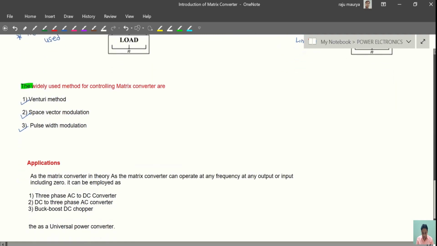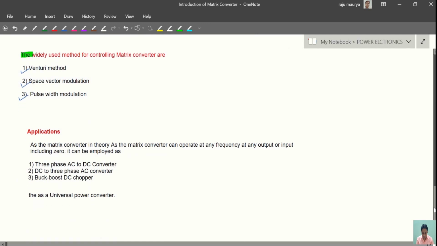And the application part: it can operate at any frequency and any output or input including 0, so it can be employed as a 3-phase AC to DC converter, DC to 3-phase buck-boost, or we can say we can use a matrix converter as a universal power converter. From one circuit, or one converter, we make all of these,